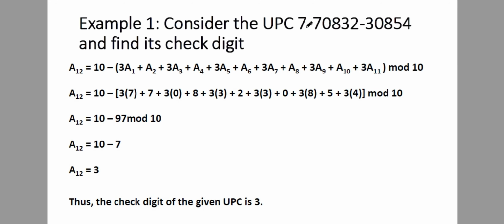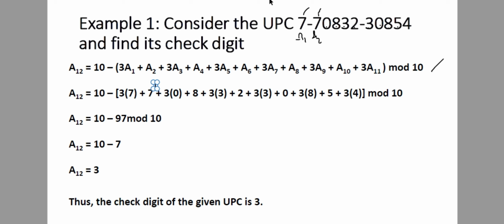Example 1, consider the UPC 770A32308554. This is our A1, this is A1, and this is A2. This is A3, A4, A5, A6, A7, A8, A9, A10, A11. So again, we have this formula. Take note, the odd position numbers are multiplied by 3. So this is 3 times A1, which is 7, plus 7,